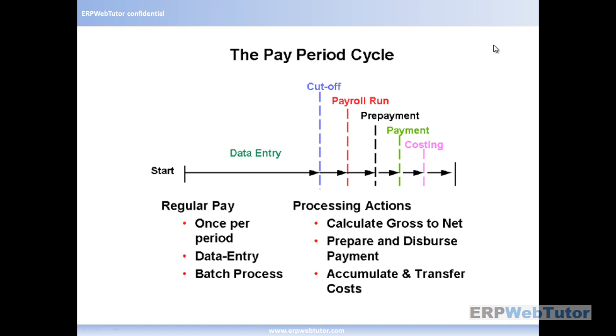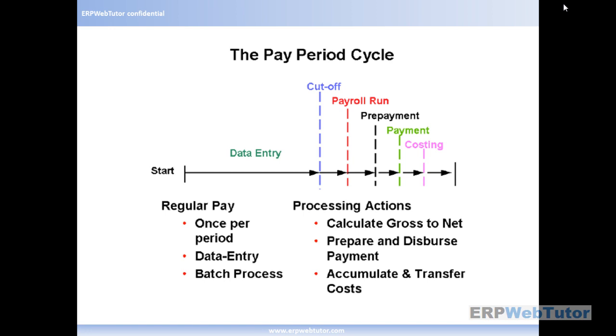And then you have a cutoff. So you say that, okay, everything has to stop. All entries have to stop on a certain date. So if it's a bi-weekly payroll, and you have 3 days to enter or correct the information, after 3 days there's a cutoff, and there's no change happening to your entries, and then you run the payroll,